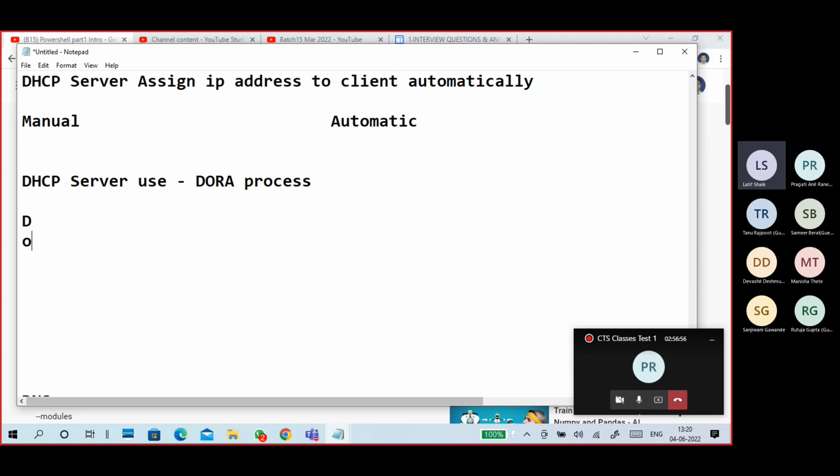DORA: discover, offer, request, acknowledgement.